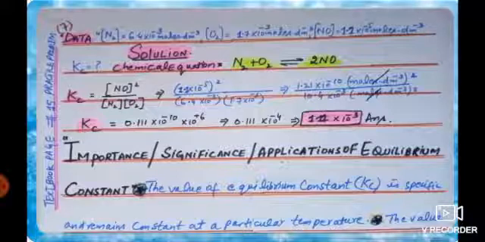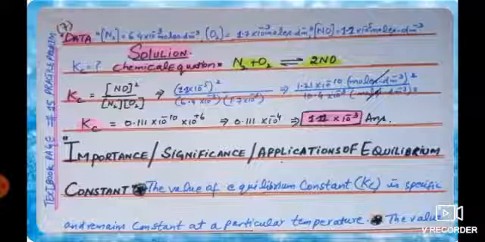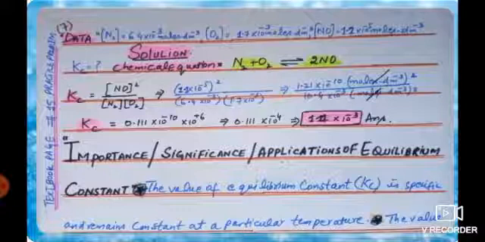So dear students, you must have the ability to write the equilibrium expression and the chemical equation from the question. Like they told you that nitrogen reacts with oxygen, it means these are the reactants. And they told you that nitric oxide is formed, so it is the product. And when we write the balanced chemical equation, 1 mole of nitrogen reacts with 1 mole of oxygen, it results in the formation of 2 moles of nitric oxide.